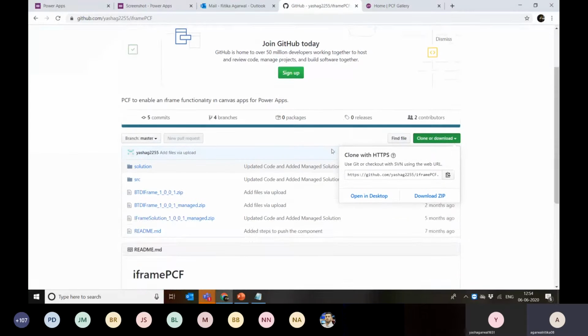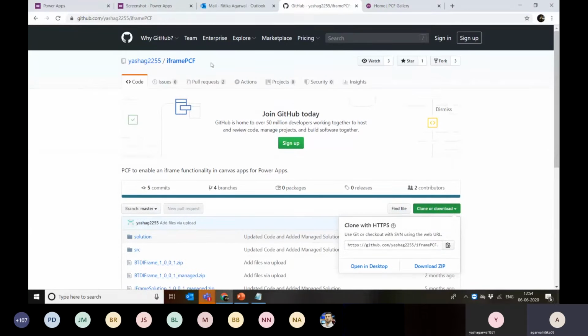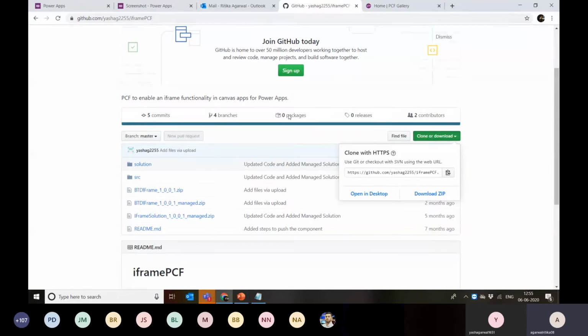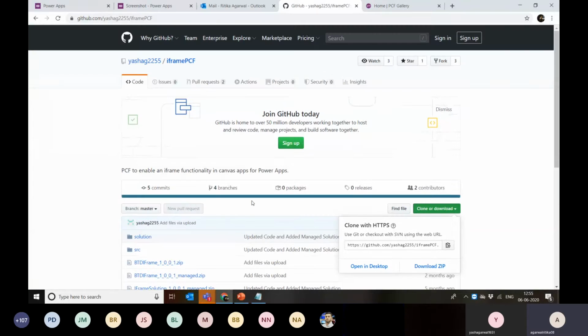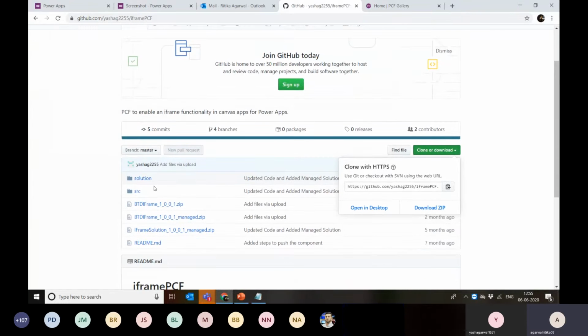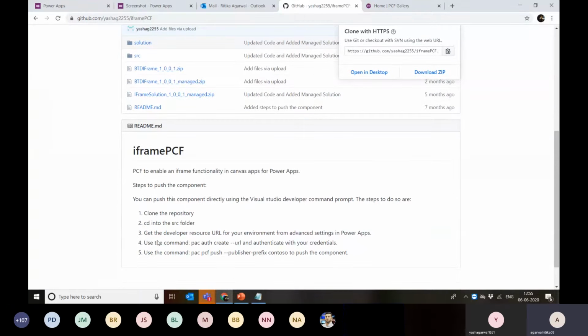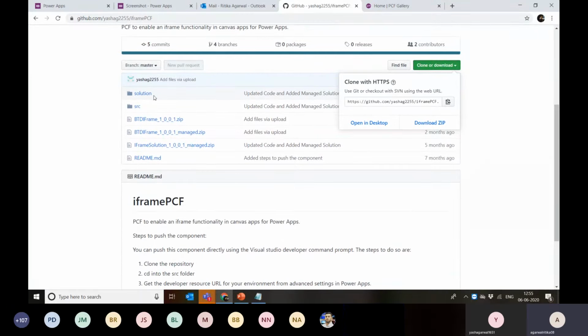Then I am going to tell you about this iframe PCF. As part of this PCF, there is a parameter property, and in that parameter, I can pass the URL of anything. It can be a page or something. It should be publicly accessible, first thing. So that's how the iframe works. Then I can utilize that URL and show what is there on the screen. This is a PCF built by Yash, and I am going to use that as a reference for how you can start building that.